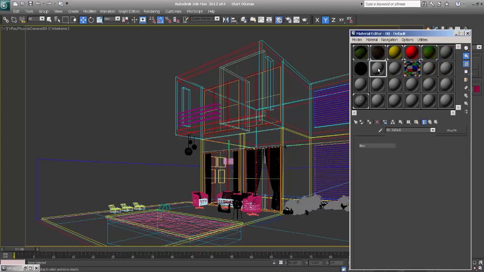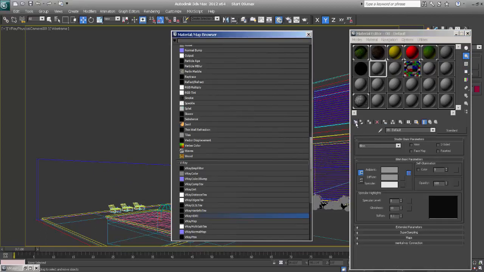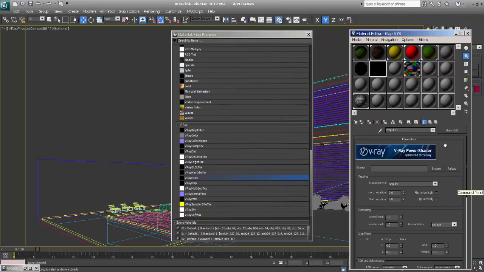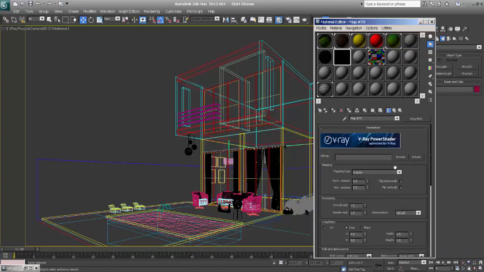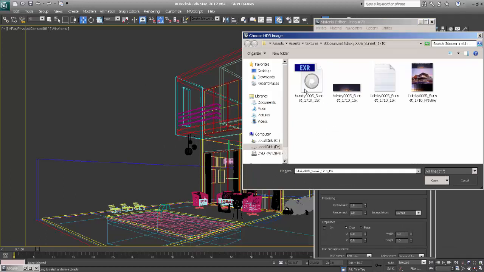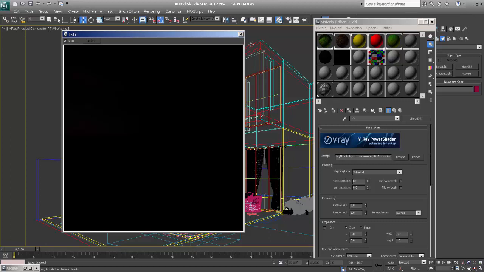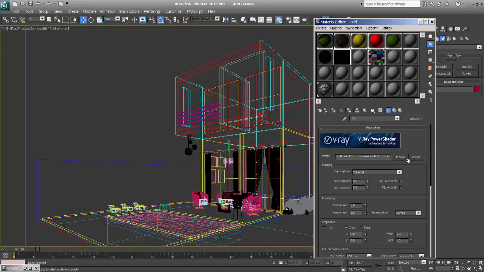Go in materials and say get material. If you see in VRay, there is a VRay HDRI. I'll take the HDRI map. I'm taking this HDRI sun that will be the evening shot. Just name this HDRI. Mapping type will be spherical, and if you notice, it's totally black because we can't see the whole thing. So if you go and uncheck this one,